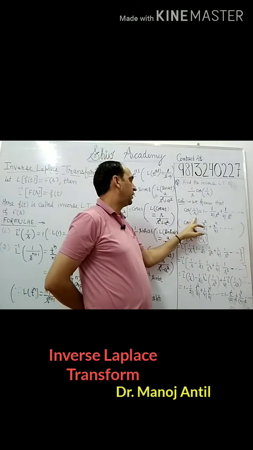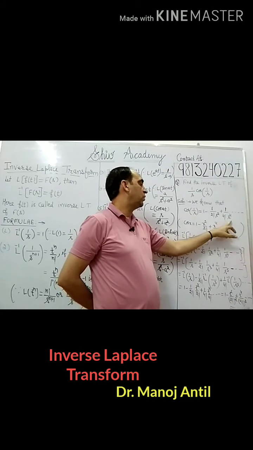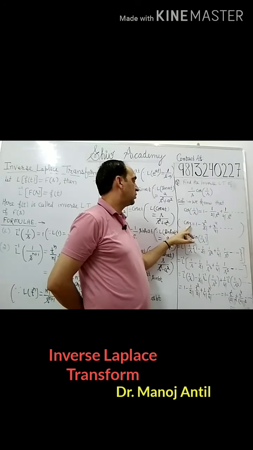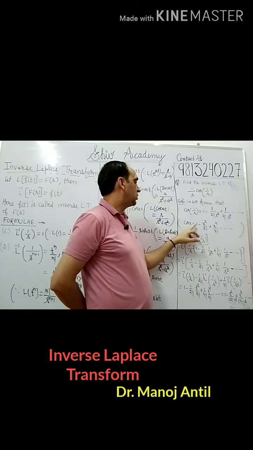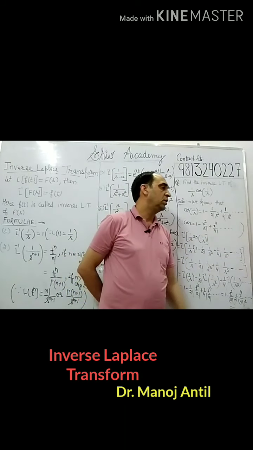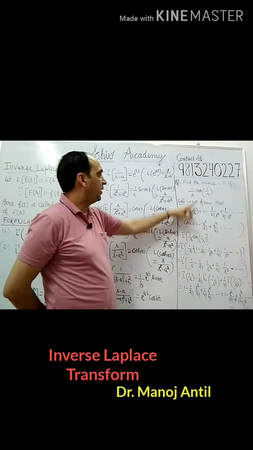We know that cos 1 by s is 1 minus 1 by 2 factorial x square plus 1 by 4 factorial x to the 4 minus, and so on. Because we know this formula by Maclaurin series or Taylor series, cos x equals 1 minus x square by 2 factorial plus x to the 4 by 4 factorial, and so on. It is the expansion of cos x. So we put the value of cos 1 by s here.